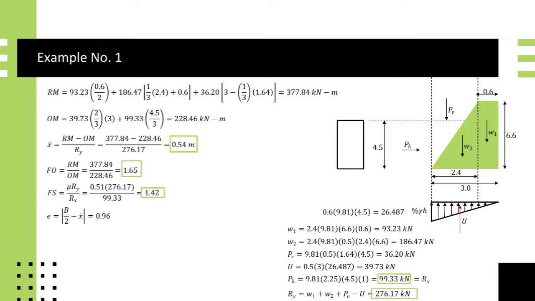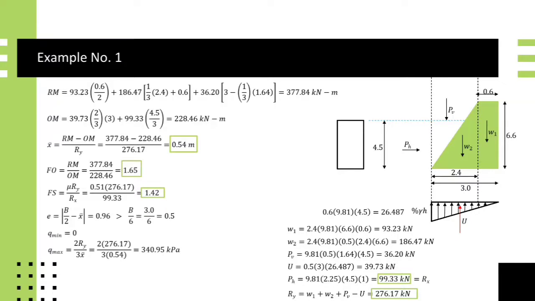So, B is 3 over 2. It is 1.5. Minus mo yung 0.54 na X bar. So, makakakuha ka ng sagot na 0.96. After that, solve mo yung B over 6 para mai-compare mo kung greater than or less than ba siya. And then, B over 6 is 0.5. So, which means E is greater than B over 6. So, malalaman natin na ang ating Q minimum is 0 and then Q maximum will be solved by this formula